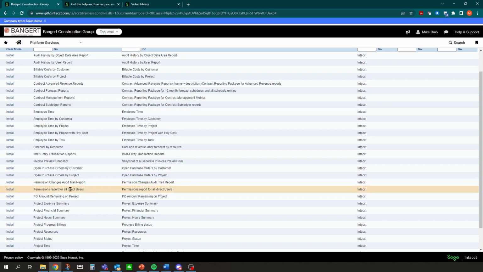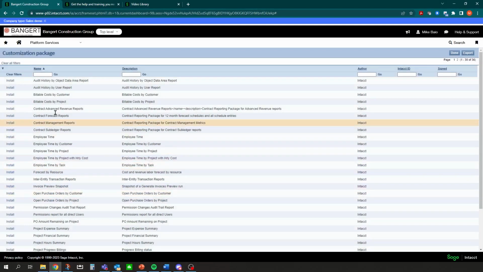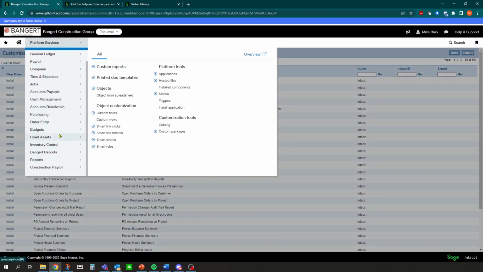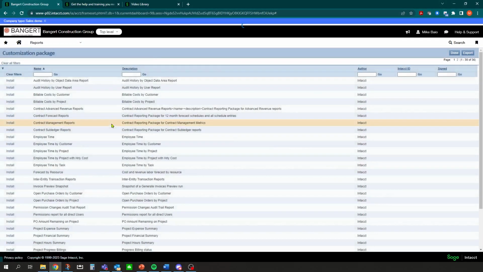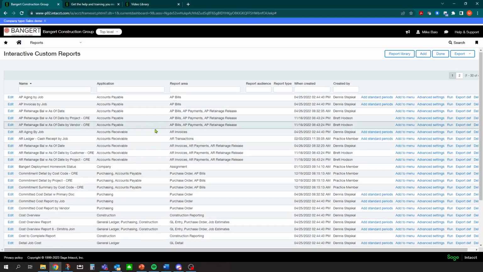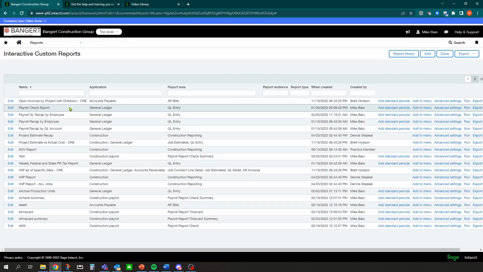among some others. So any one of these reports you want to have access to and run, you go down to the report and you simply click install. If I click install, that will load the package up. Now if I take a look at my reporting area, I'm not sure if that's an ICRW or a custom report, so let's take a look. Let's go over to our ICRWs and see if we have this report on the menu. It may be a custom report as well, which I believe it is.